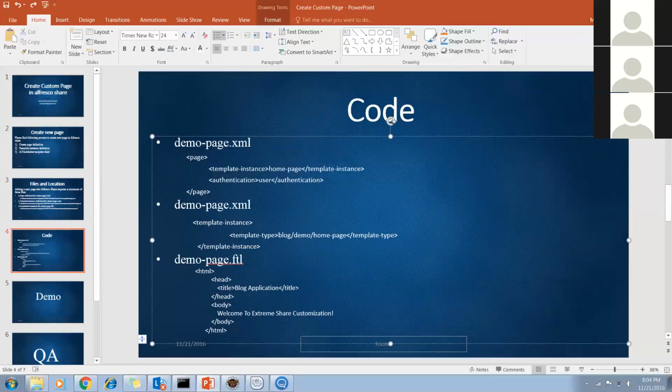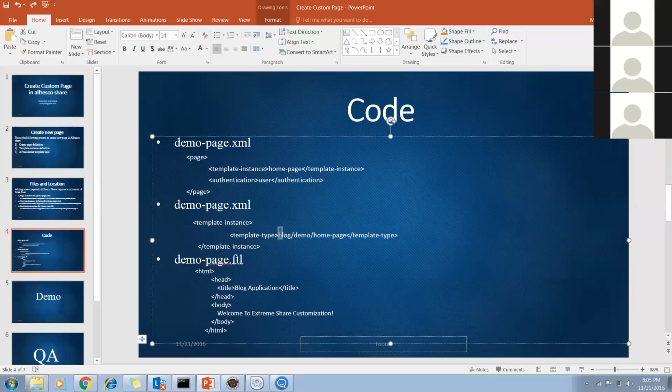In the demo.xml, the template file, you don't need to write anything. In the template instance, you say from where you should pick the FTL file. By default, it understands that all these templating FTL files should be in the template folder.